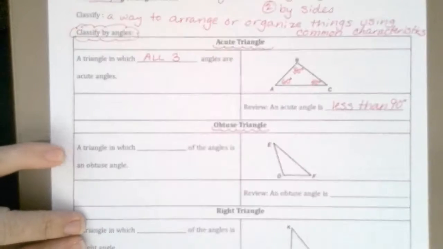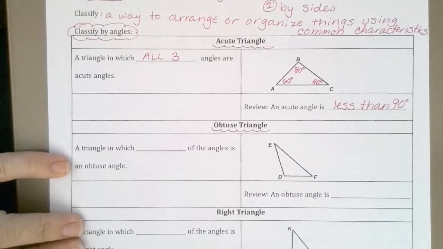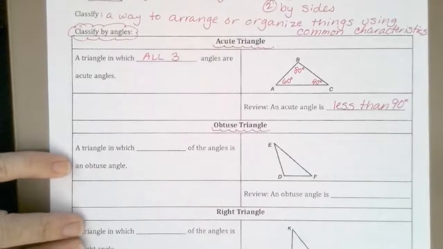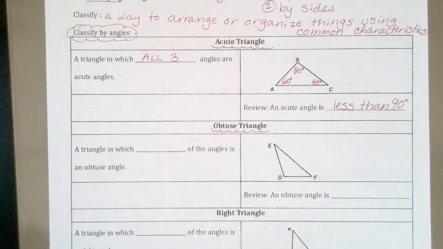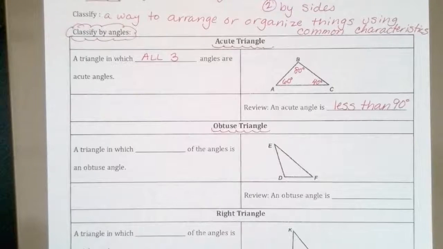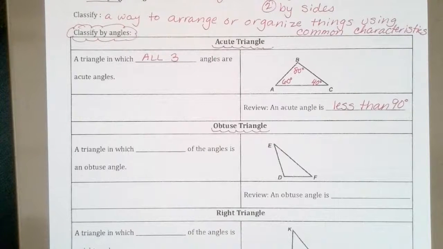How many angles in a triangle can be obtuse? Can I have two? If I have one angle that's bigger than 90 and I add another angle that's bigger than 90, isn't that already more than 180? So I can't have two because I need that third angle for the triangle, right? And if I have two that already are more than 180,